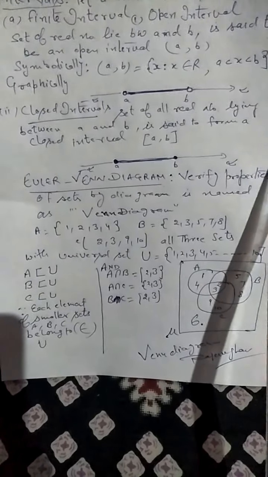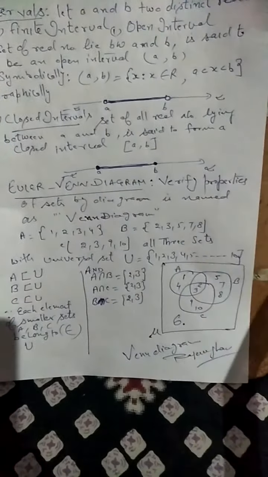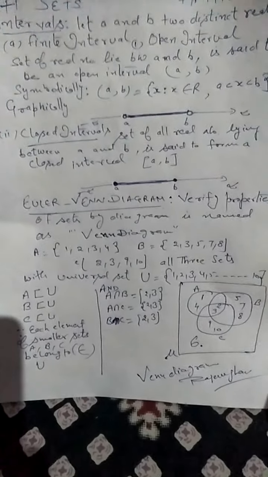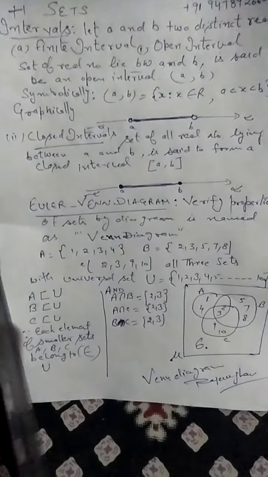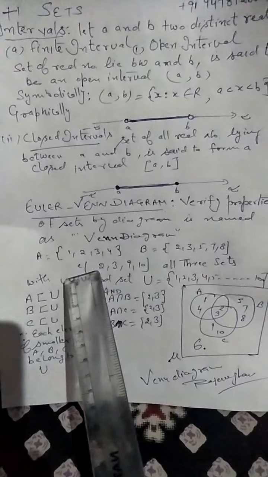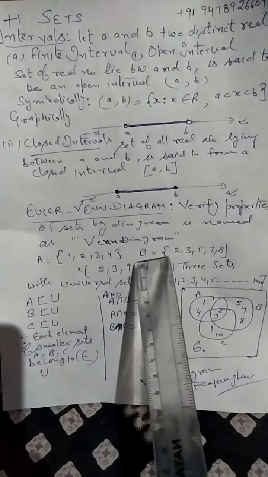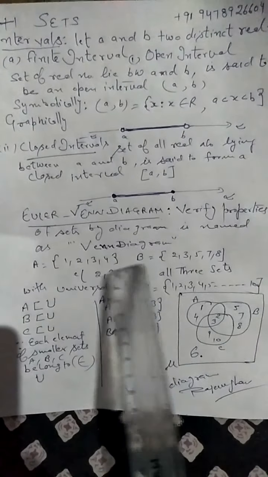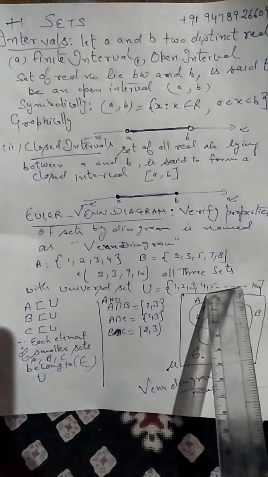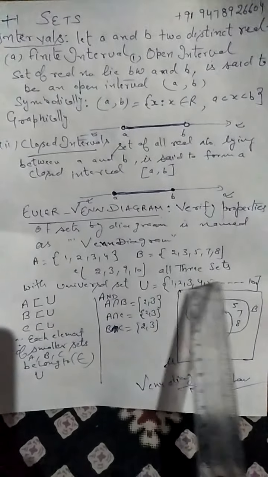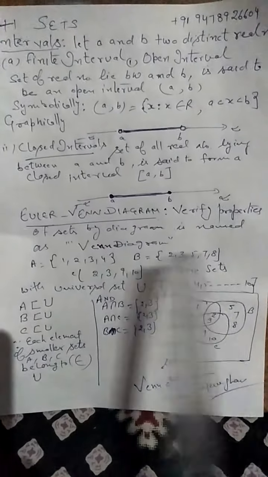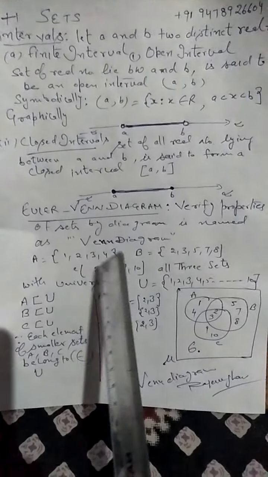Now the graphical representation of a given set is called a Venn diagram. This is the definition. It actually depends upon the intersection, union and subset properties which you have done already in the last video. I think you have to revise it all. Set A is given 1, 2, 3, 4, B is given 2, 3, 5, 7, 8 and C is 2, 3, 9, 10. These three sets belong to the universal set. Universal set means the bigger set which has elements 1, 2, 3, 4 up to 10. Because this is a universal set, A belongs to U, B belongs to U, C belongs to U.